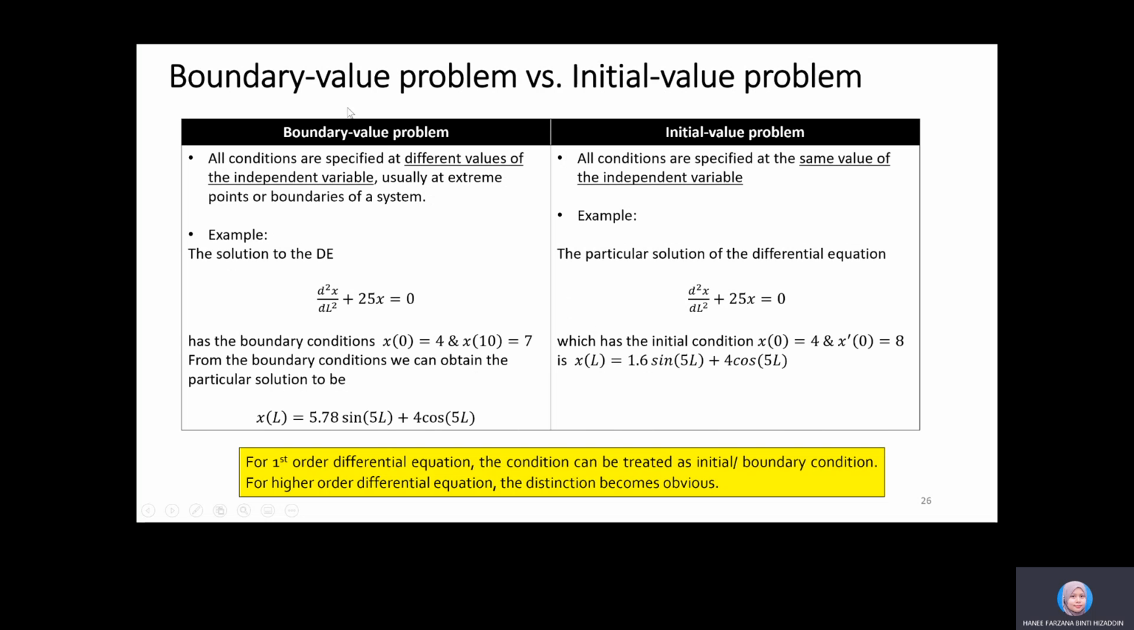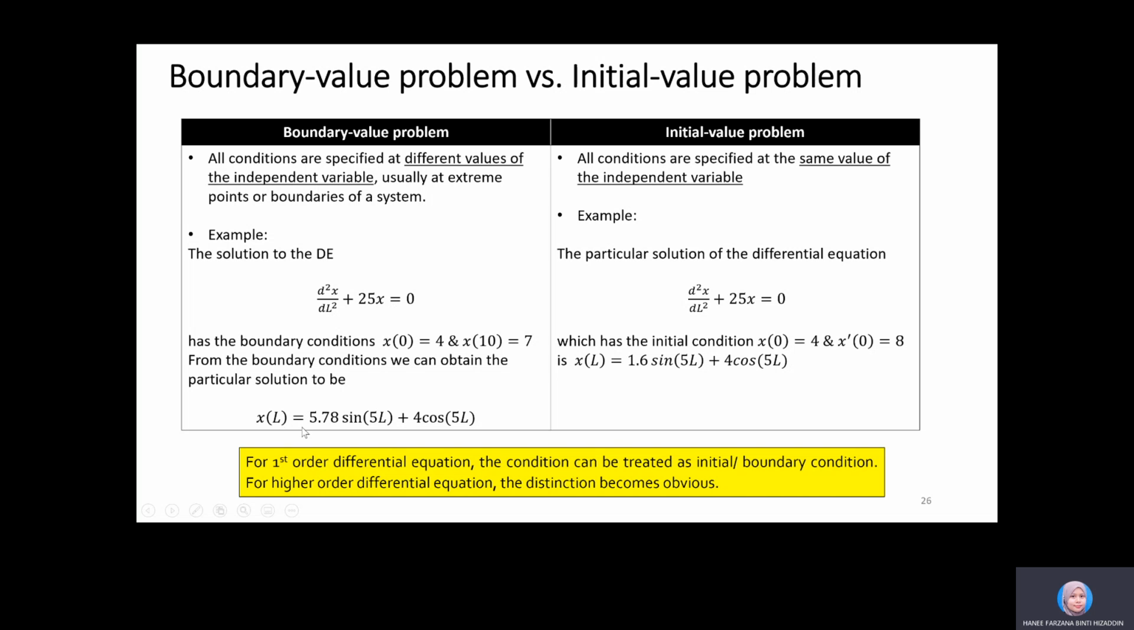So yeah, let's compare what is a boundary value problem and what is an initial value problem. If you are given a boundary value problem, it means that the conditions are specified at different values of the independent variable, usually at the extreme points or boundaries of the system. Let's say we have this particular differential equation, d2x over dL squared plus 25x equals